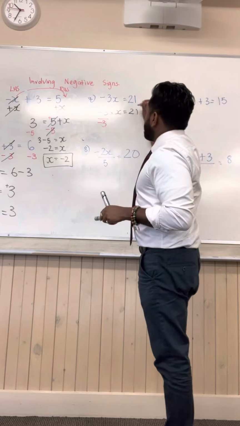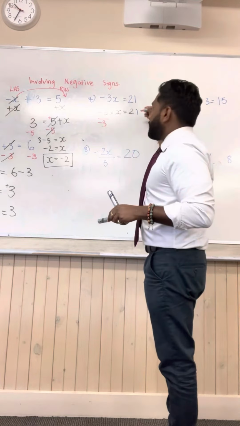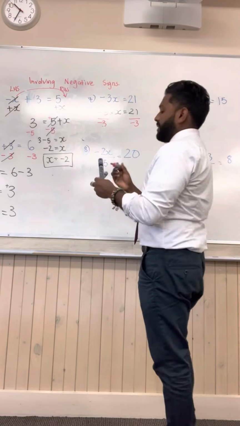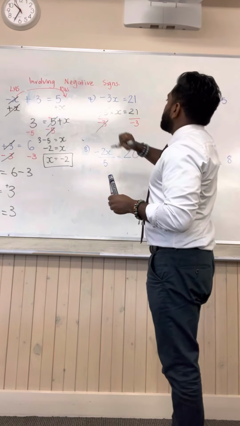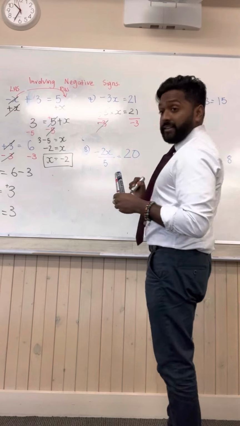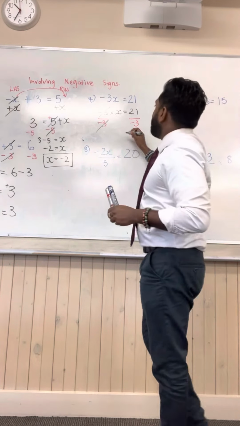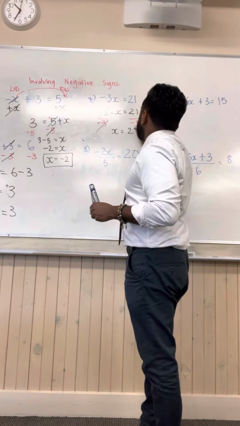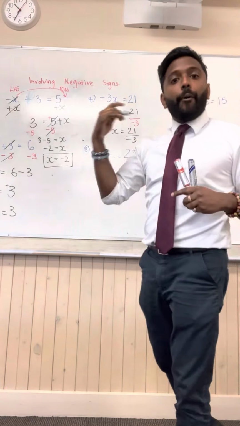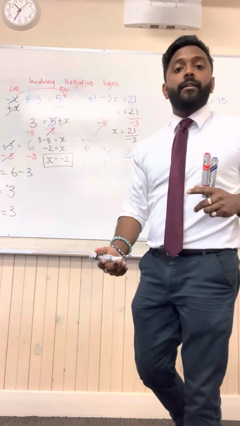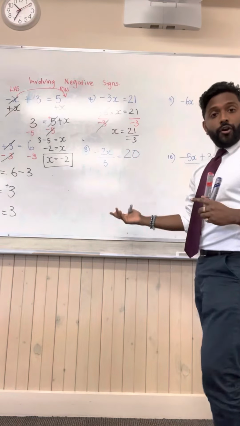Whatever you do on the left-hand side, you've got to do on the right-hand side. Divide this side by negative 3. Negative 3 divided by negative 3, these cancel out. It's actually a 1, technically. Then you're left with x is equal to 21 divided by negative 3. Now, because you're dividing a positive and a negative number, your result is going to be negative, and this